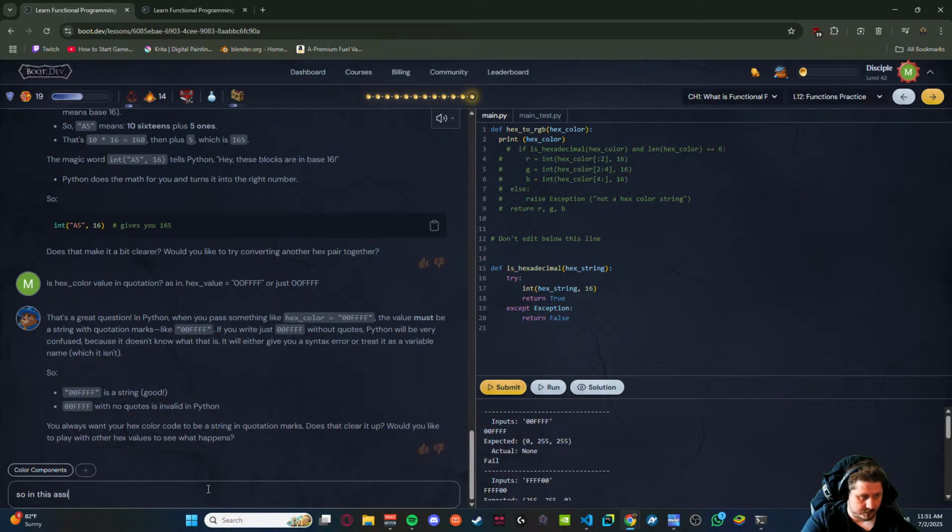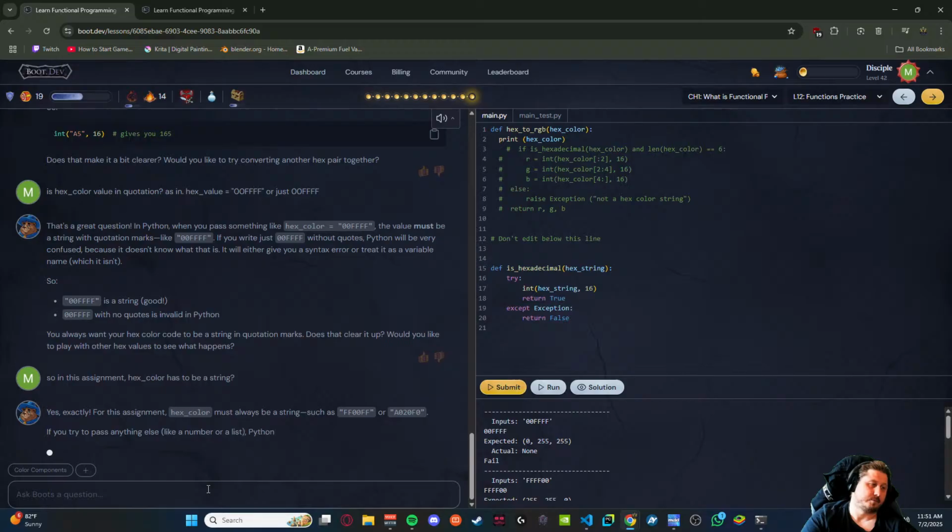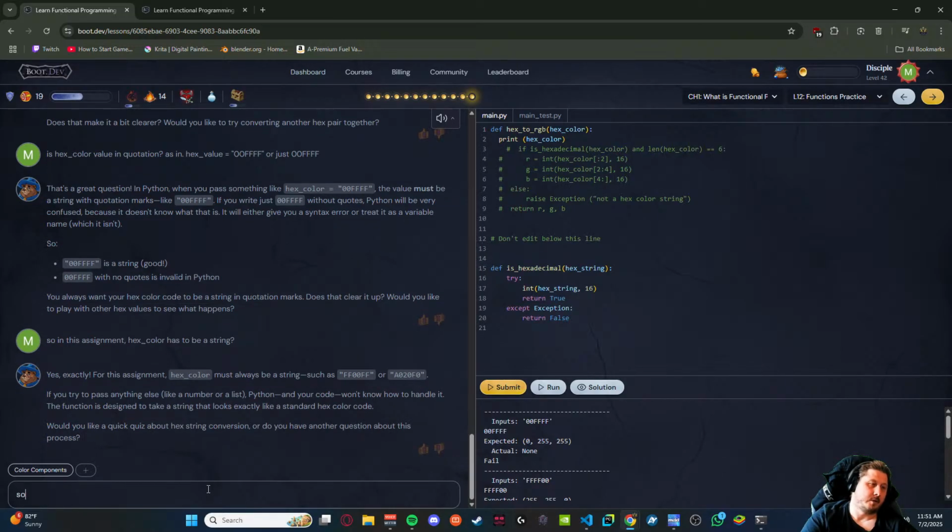So in this assignment, okay, so int of a string at base 16 will give us an actual integer number, so long as it is within the hexadecimal range.